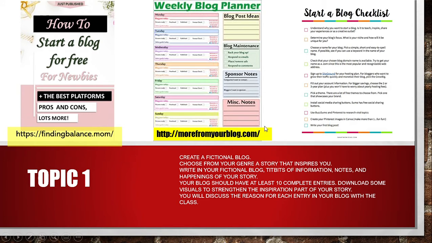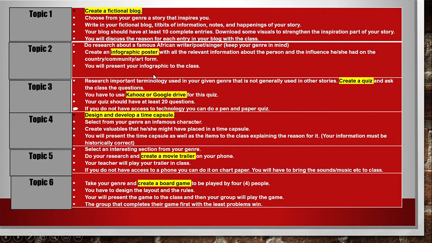Please make sure that the links pasted in yellow on this slide are pasted in the learner workbook so that the learner has access to them. That can be a starting point for the learner. It's about starting blogs, writing blogs. So these two links must be communicated with your learner.